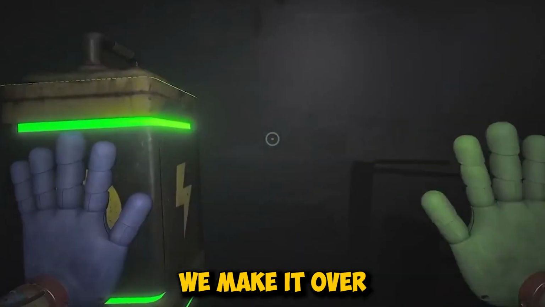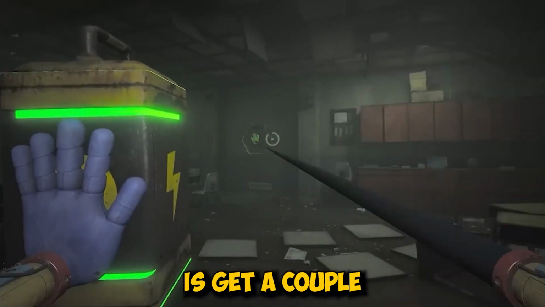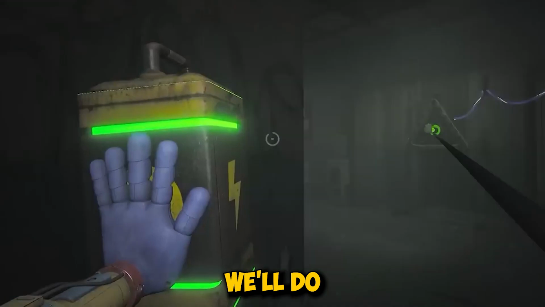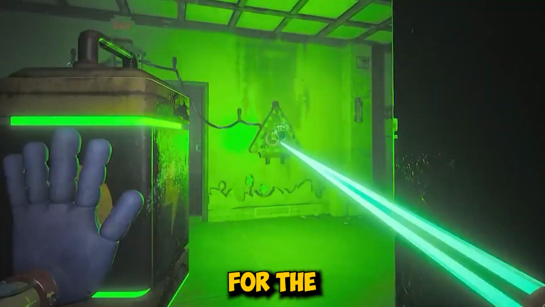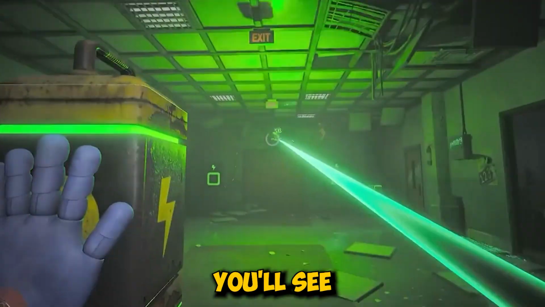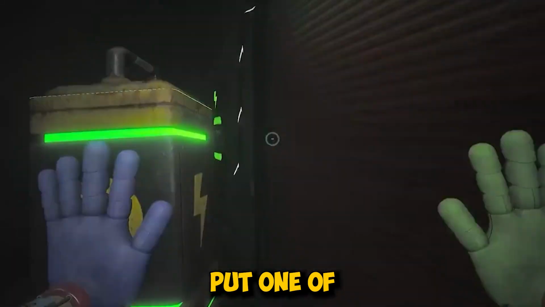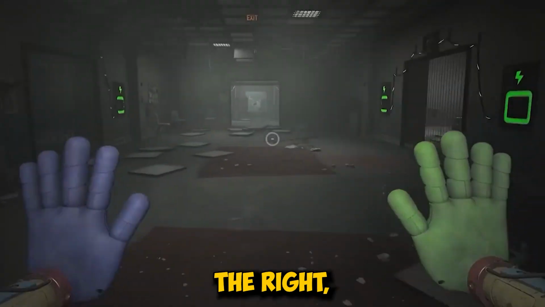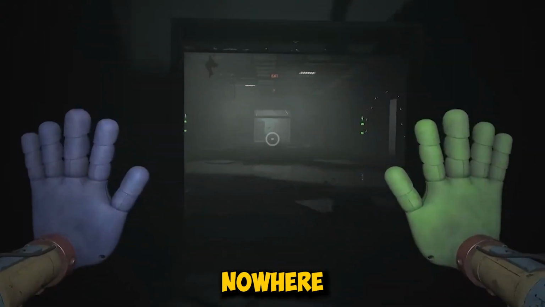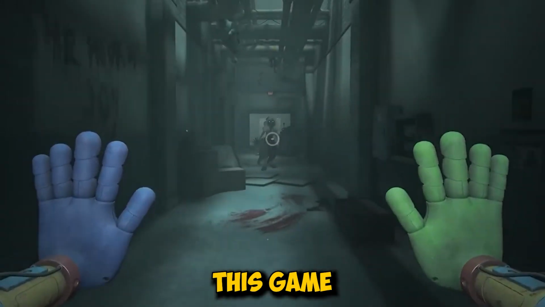And finally, we make it over to the ending section where what we want to do here is get a couple of different things of electricity. We'll do one for the left side, one over for the right side, and we'll take one more of these to go with us because you'll see that there's that light at the top. Then we can take this other battery, put one of the batteries to the left, one to the right, and Miss Delight is nowhere to be found, but then she teleports. Yeah, this game really doesn't want